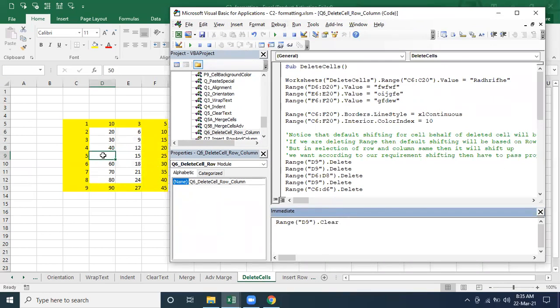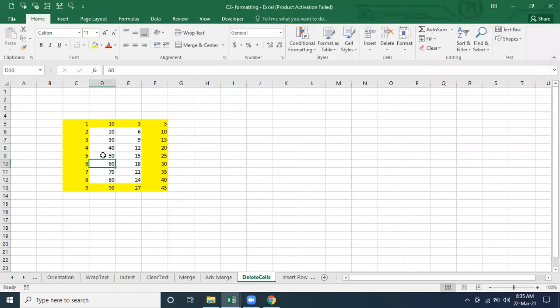Got clear or not? Yes, exactly. Either you can press the delete button manually, it clears. But if I delete this one, just see what happens. Have you observed? It's shifting the bottom one up.